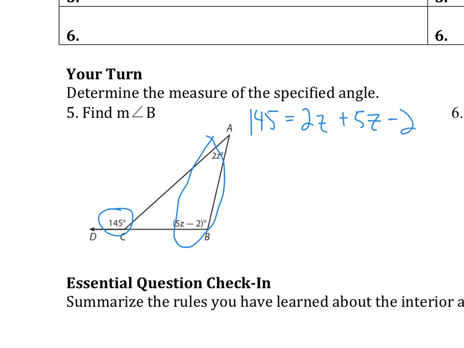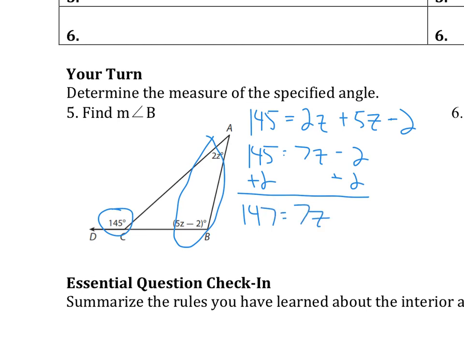Then from there we would solve. So we get 145 equals 7z minus 2. Add the 2 over, and we get 147 equals 7z. Divide by 7,